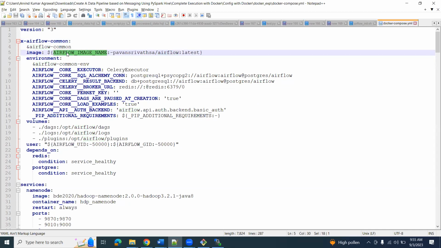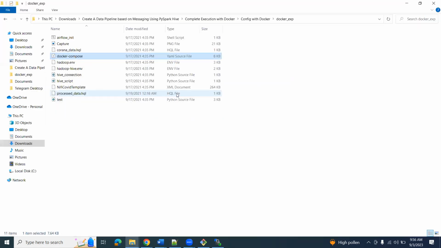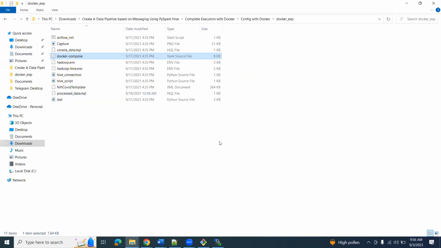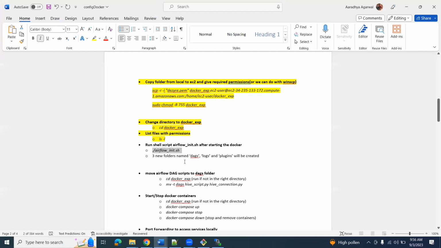But before installing the image, we should do some initialization of the configuration. So that we did, airflow init. But after that, we need this plugins folder, the DAGs folder, and the logs folder, which we have already created. So after you run this airflow init script, once we are done, then